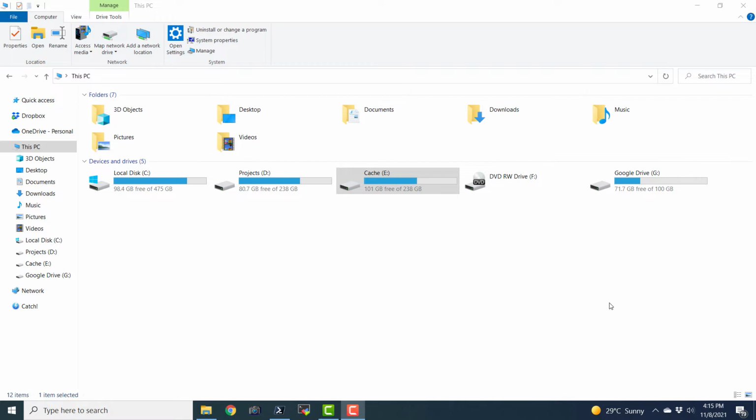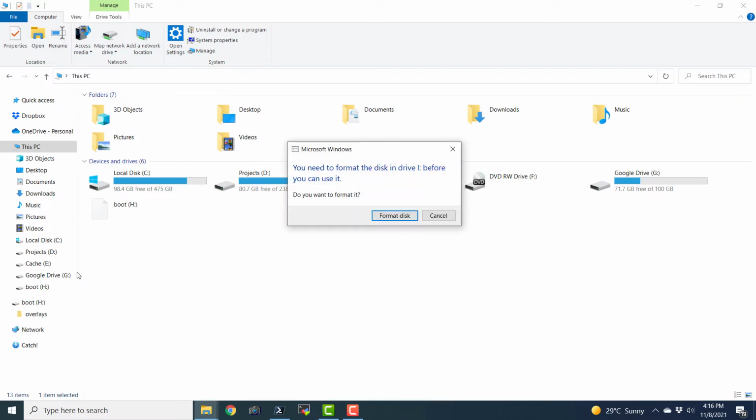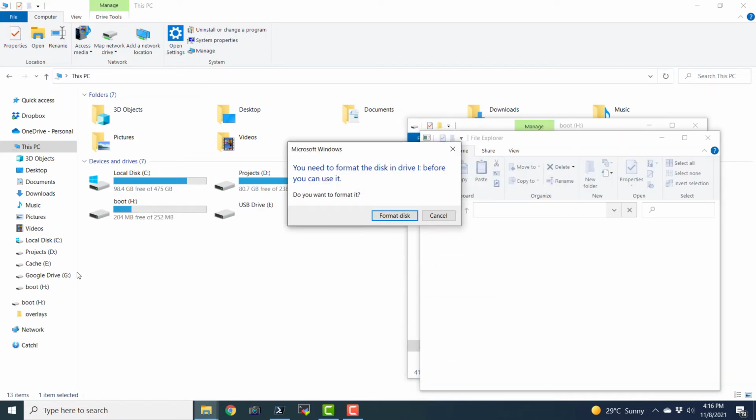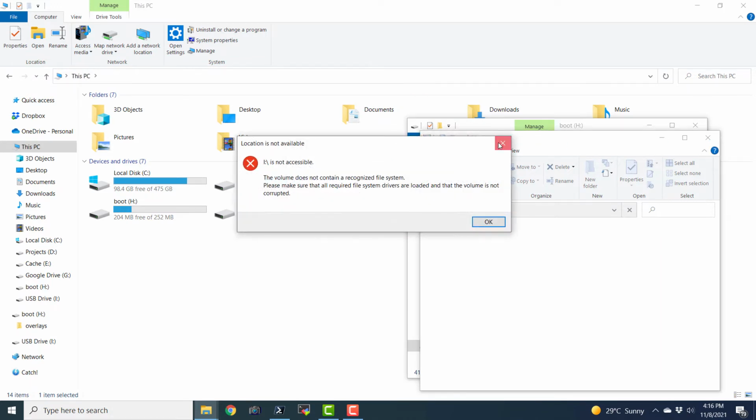So for example, I have inserted a micro SD card with some operating system for Raspberry Pi installed on it, and let me connect that SD card reader to my computer through the USB port. This will only take a moment. So as of now, my computer has 3 physical disks and 1 Google Drive, which is actually mapped on one of these physical disks. As soon as I attach the micro SD card reader with the micro SD card inserted, you can see additional drives. Okay, so as you can see, there are additional drives, and let me close all these windows and message boxes.